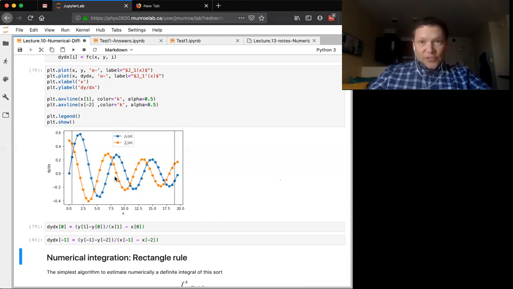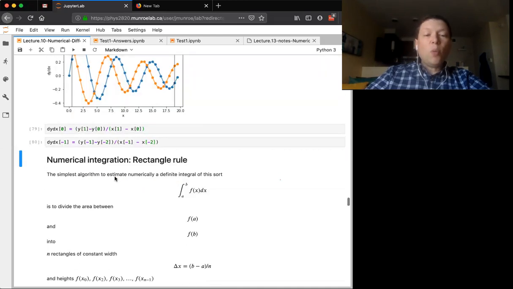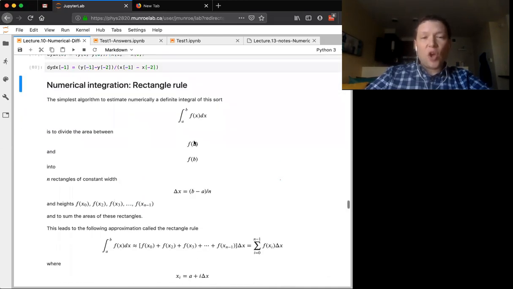Now we've done derivatives, there's a second half to the problem, and the second half of the problem is integration. So if we know how to differentiate things, we should also know how to integrate things. So let me talk to you about numerical integration. Numerical integration is the idea of figuring out the area under the curve. What we want to do is estimate the integral of some function. And one way of doing that is an approach called the